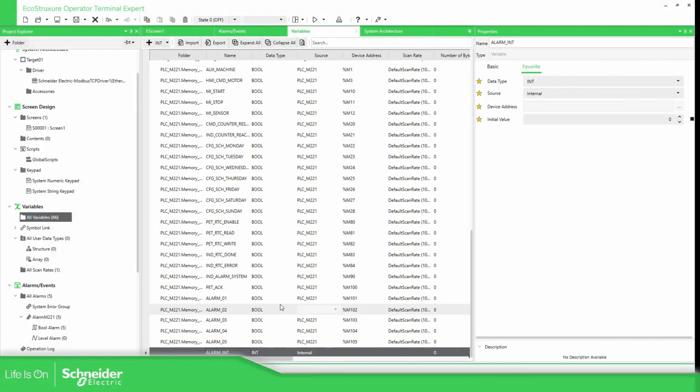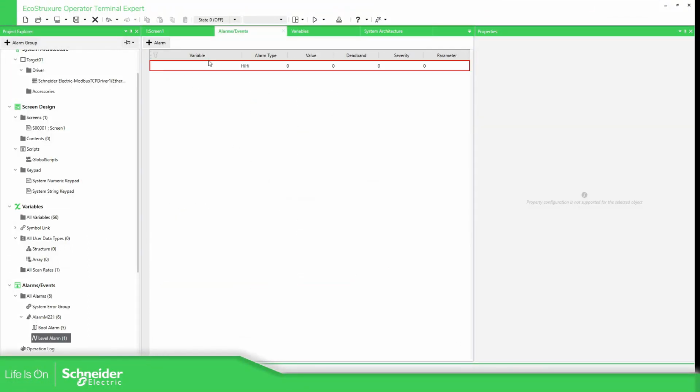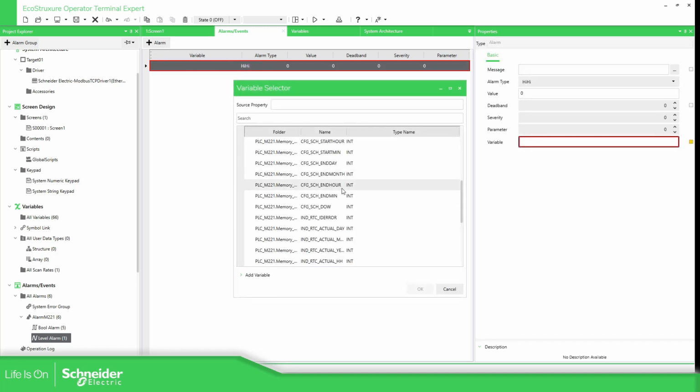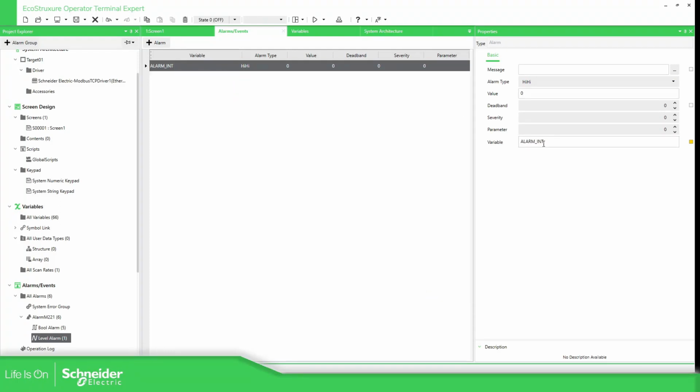I'm going to make it internal, and I'm going to link this internal variable, just to show you, to the level alarm. So we need to add one alarm. Then alarm int. So now we can select the alarm, select the message,